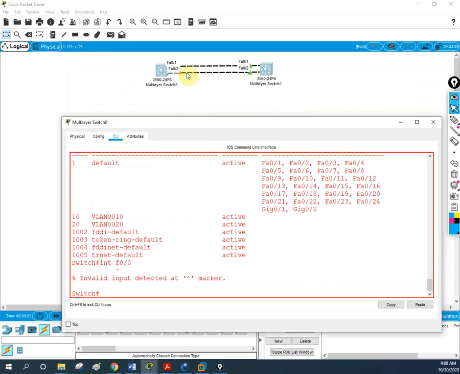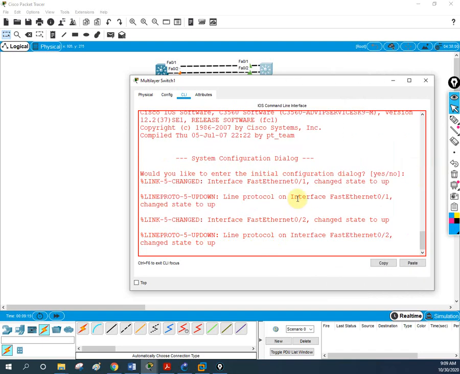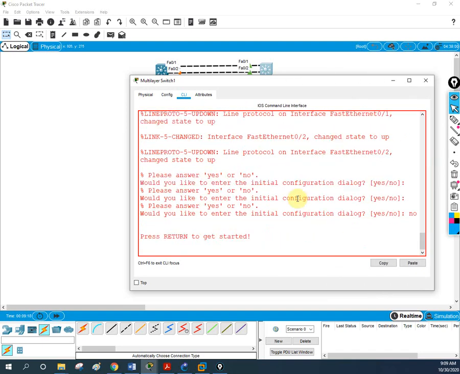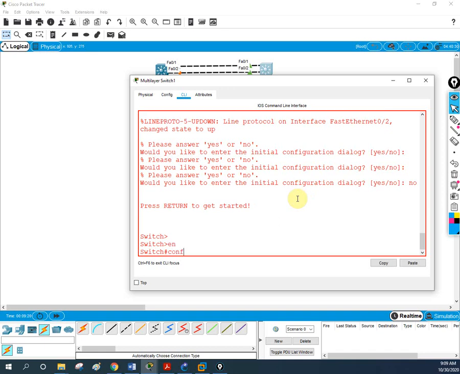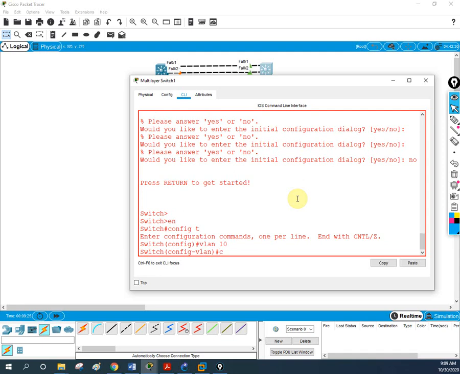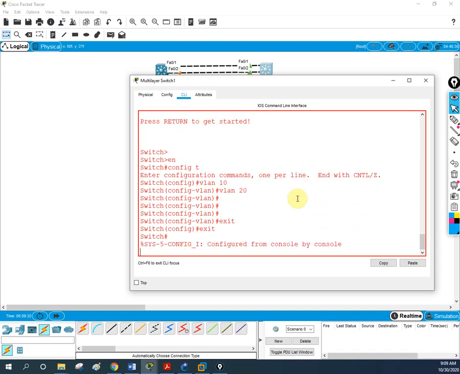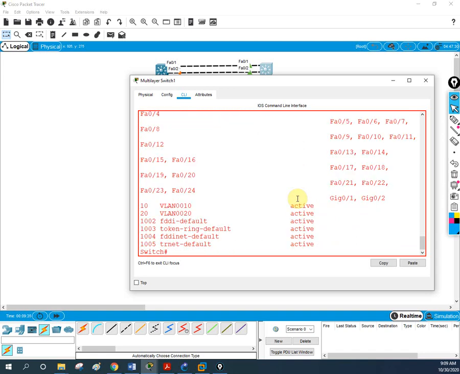Let me show you. We need to put this port in trunk, and we also need to create the same VLANs here. Then PVST is going to start. So let me go to the second switch and do the same configuration. I go into config t, then write VLAN 10 and VLAN 20. I created two VLANs. If you want to check, we can: show vlan brief shows two VLANs here.